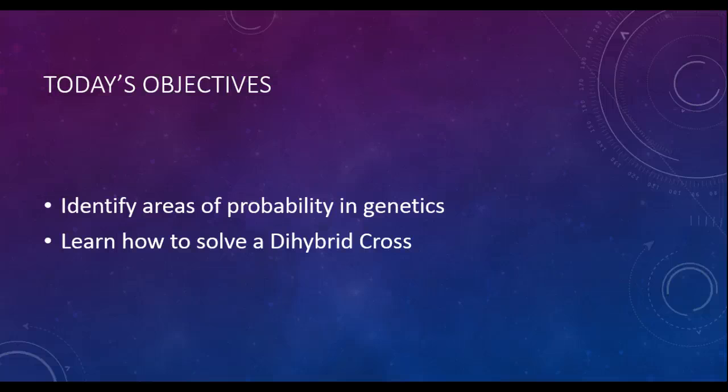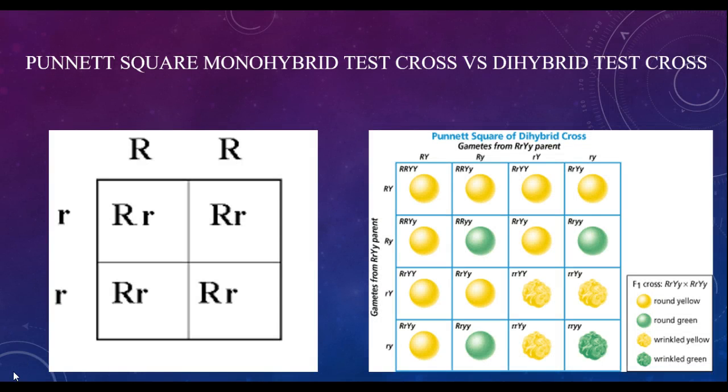Today's objectives are to continue to identify areas of probability in genetics and learn how to solve a dihybrid test cross. In our previous lesson, we took a look at Punnett squares, or monohybrid test crosses, where we just tried to solve for one gene. Today we're going to look at Punnett squares in the form of dihybrid test crosses,